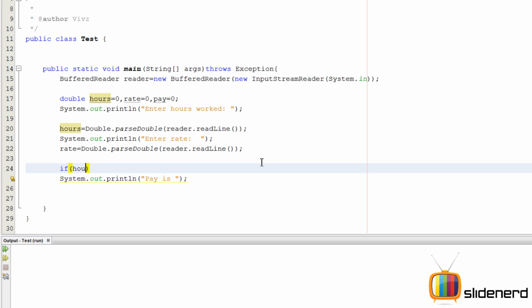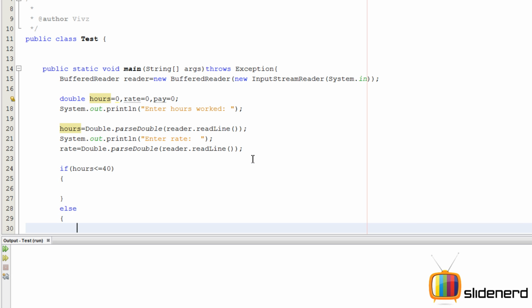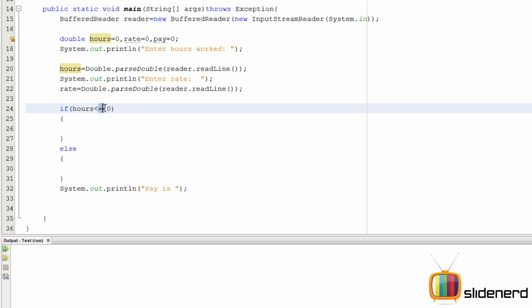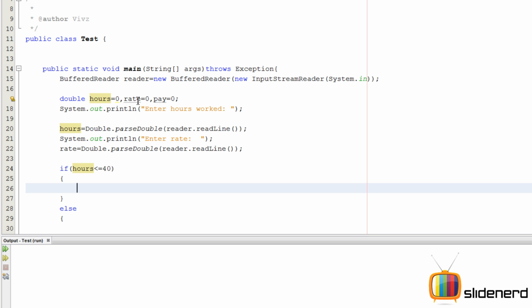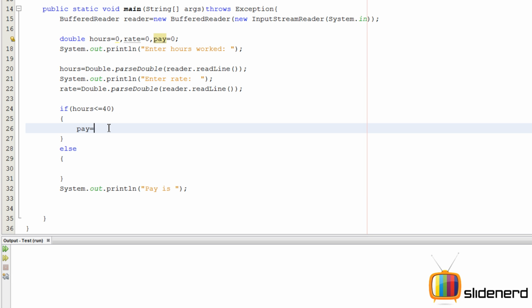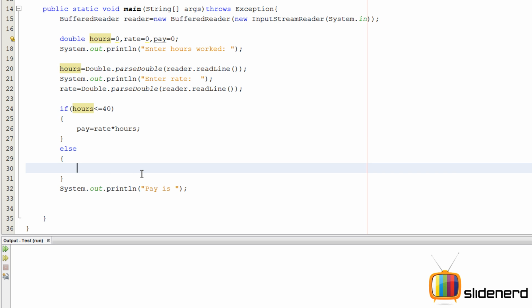So we will say if hours is less than equals 40, else, remember, even if the hours is 40, it's not overtime, right? So we say less than equals over here, else something else. So now let's figure out how salary is calculated, which is your pay, right? So hours is less than 40, we say pay is rate into hours, right? Here you have worked more than 40 hours in the else part of it. So here your pay should be your hourly rate for the first 40 hours and extra bonus, right?